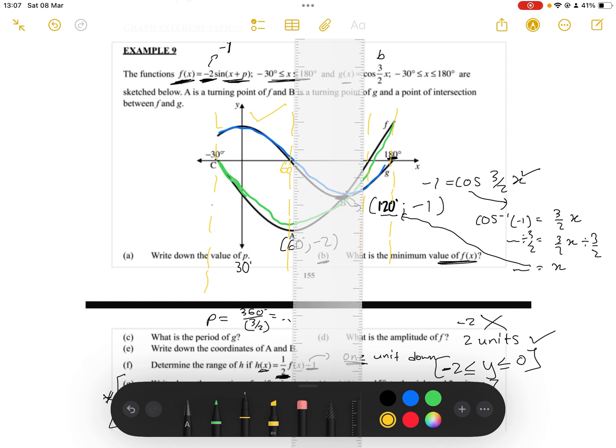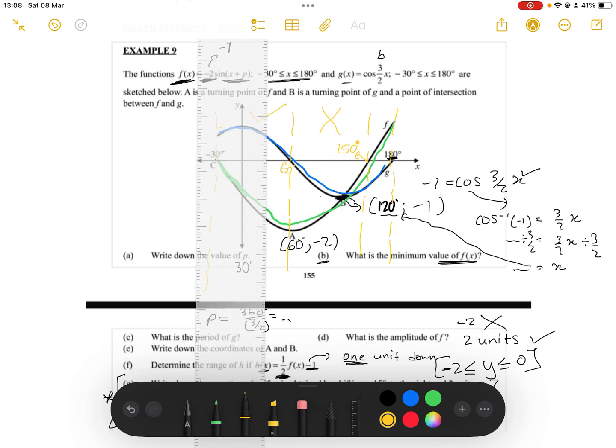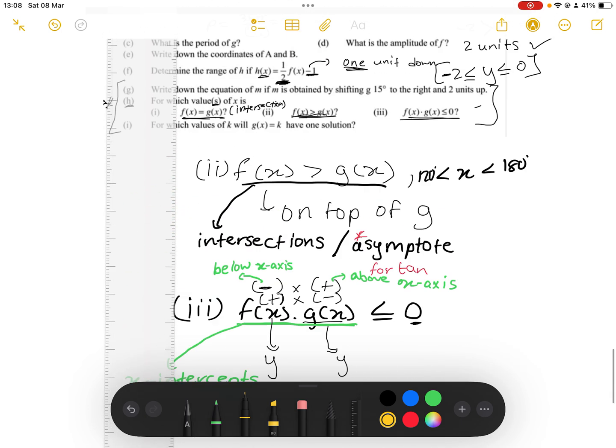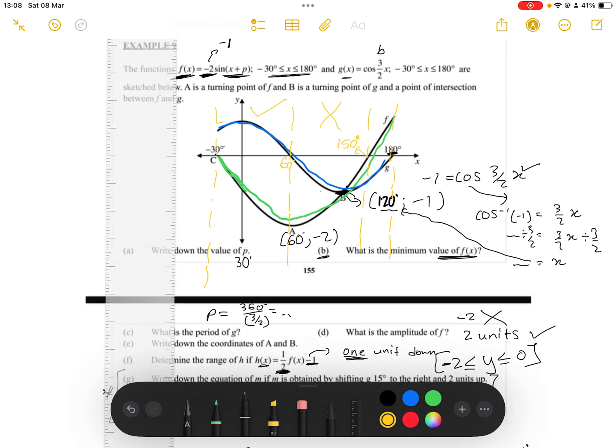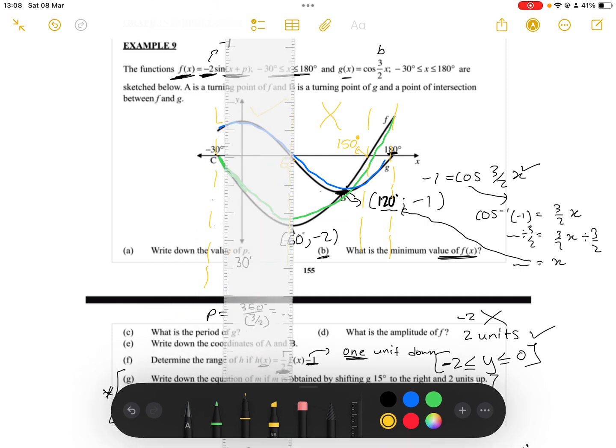Yes, from 60 up to this yellow line, I think that is going to be 150, if I'm not mistaken. I'm still going to explain how you're going to get all of these values. So from 60 to 150, we do not want that interval. Did you see? In order for you to answer these questions, first you must get your x-intercepts, and then put this type of lines that I showed you, and then you take the interval you want. From negative 30 to 60 you want that, but from 60 to 150 you do not want it,